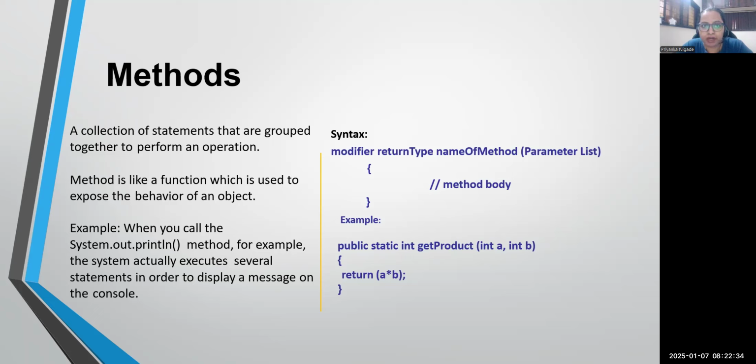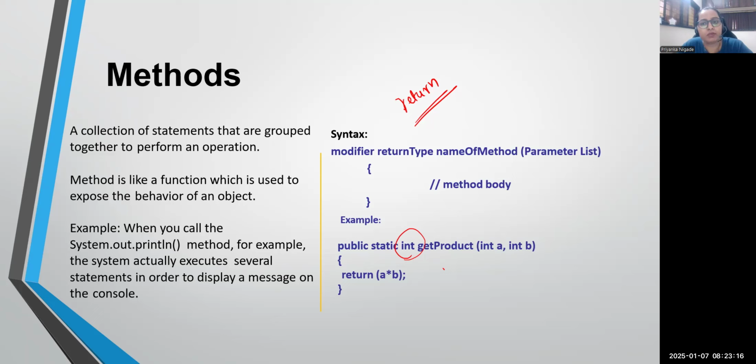Again, when it comes to compile time, the concept is that either we can pass a parameter without return, or we can pass a parameter with return. Yesterday we discussed the return keyword, correct? Whenever you want to return anything from the method, any result or any message, we use the return keyword in Java. Whenever you write the return keyword, you need to change the return type of that method, so we can't write void. Void is a return type which doesn't return anything from the method. But whenever your method is returning something, whatever it is returning,